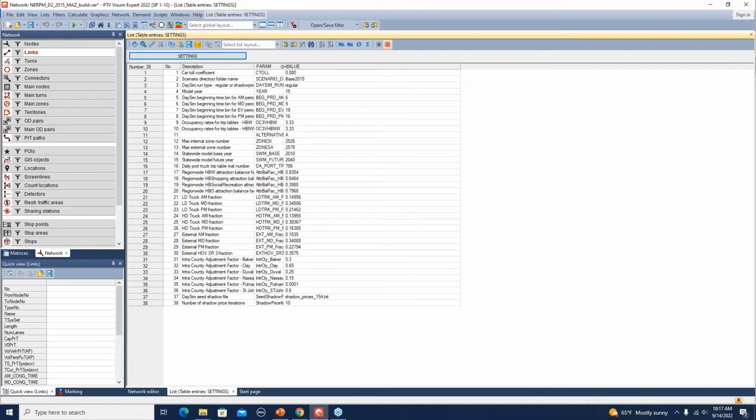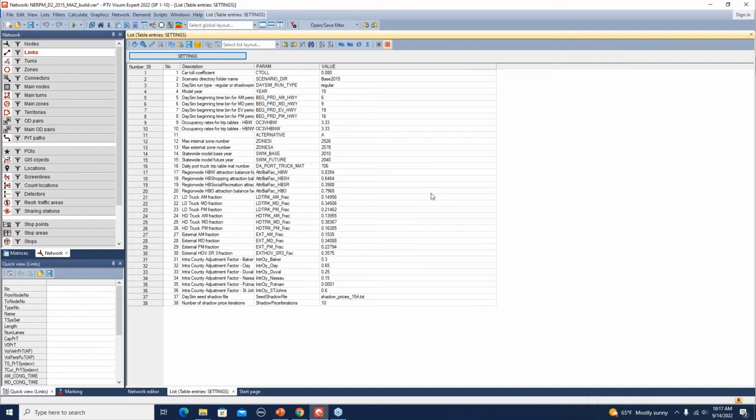So let me just expand some of these columns so that we can see things more clearly. Now you see here there are different types of settings, and the setting that we want to change here is the scenario directory. So remember, we copied this version file, right? So it still has all the settings from the base year scenario, but then we changed the name of the scenario now. So you would update this value here to build 2015,